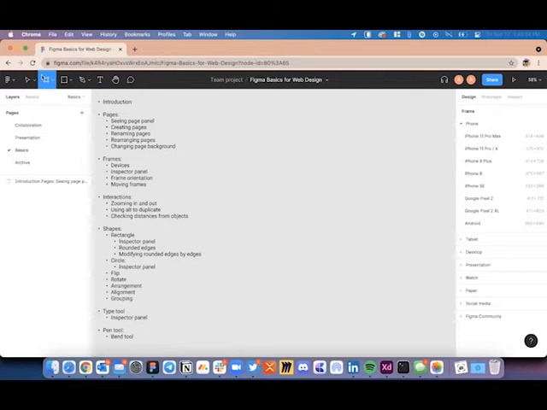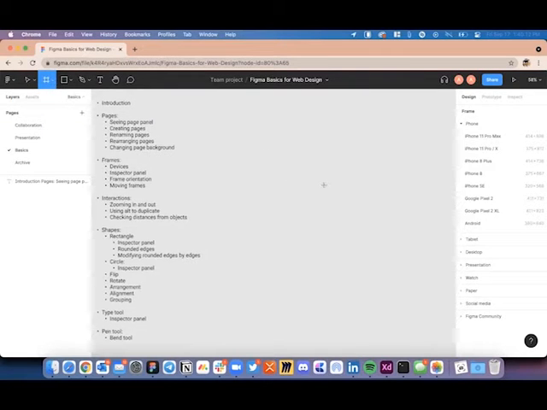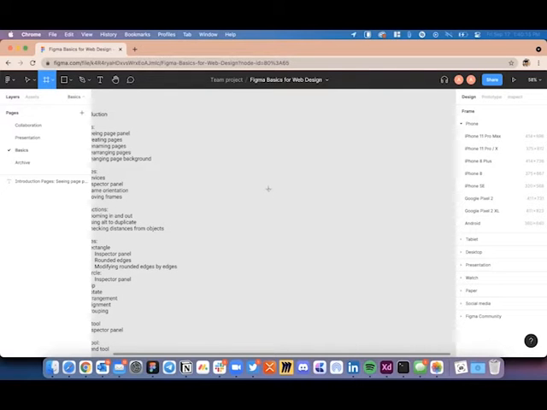Now, when you click on the frame tool, you can either select it from the toolbar, or you can just press the F key on your keyboard, which is the frame key shortcut. And as soon as you choose the frame tool, you will be presented with a predefined set of devices on the right side. If you are designing an app or a mobile version of a website, you can choose from any device, right from iPhone to any Android device.